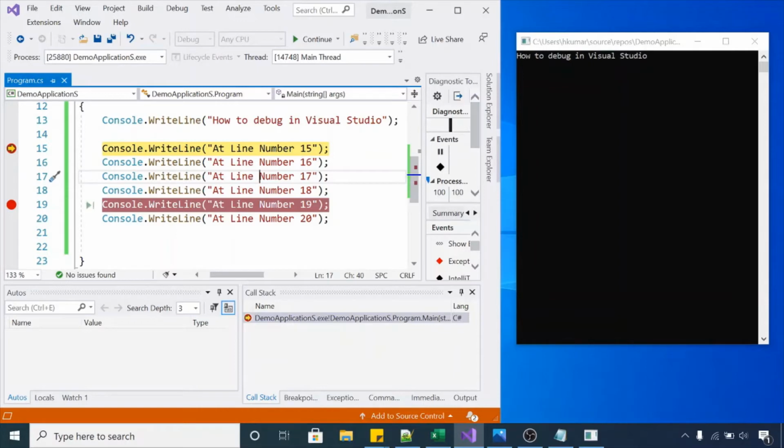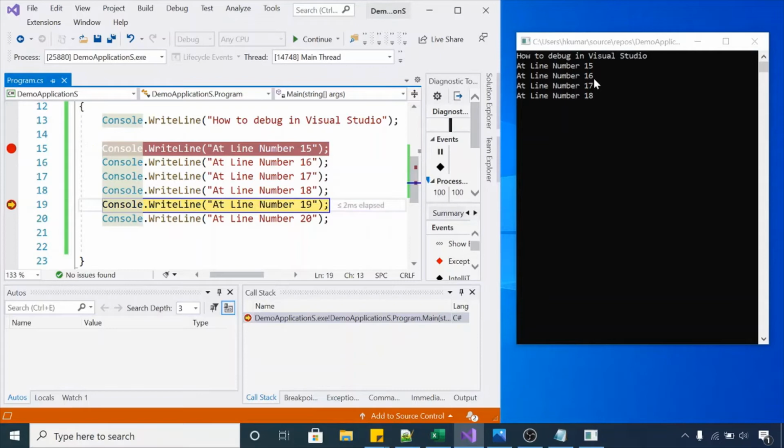It will stop at line number 19 and it will print the output of line number 16, 17 and 18 on our console without any interruption. Let me press F5. Have a look, it's printing line number 15, 16, 17, 18 without any interruption on the console. That means line number 15, 16, 17 and 18 got executed without any interruption.